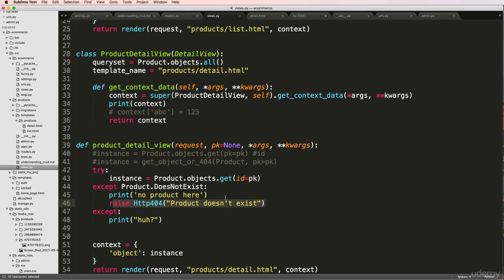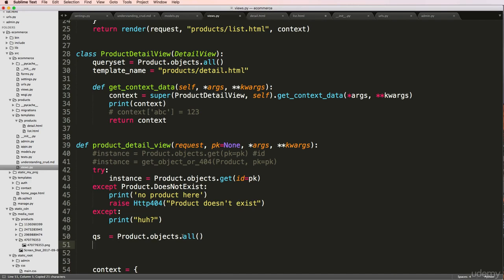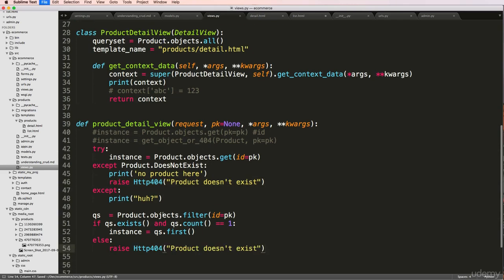So I can take this one step further and say qs, as in queryset, equals Product.objects.all. And then I can actually filter down. So I can say filter id equals pk. And we'll say if qs.exists, that is, if that queryset is there, if there's anything in it, and qs.count equals 1, then we'll say instance equals qs.first. I'll explain this in just a second, but bear with me. Otherwise, we're going to raise that same product does not exist. I'll comment this try block out,